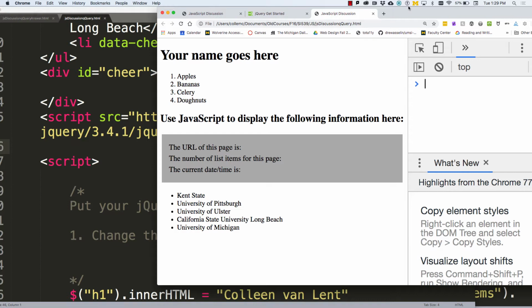All right, the HTML method works in multiple ways. HTML method as one, all by itself: if you just have selector.html, it will return the content. It'll return that HTML. So in your code right now, let's do this. Right before this h1 inner HTML line, let's put